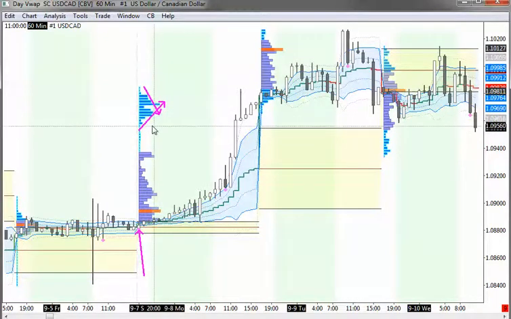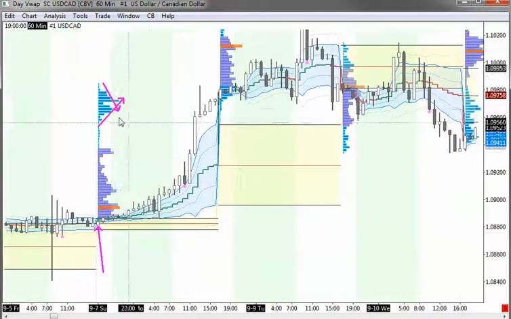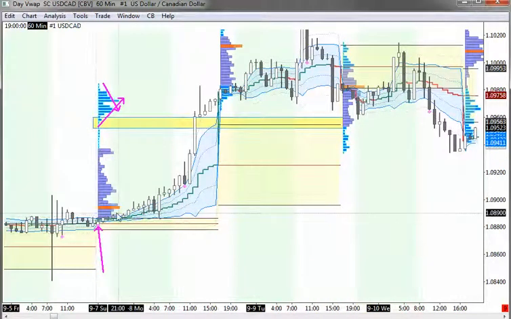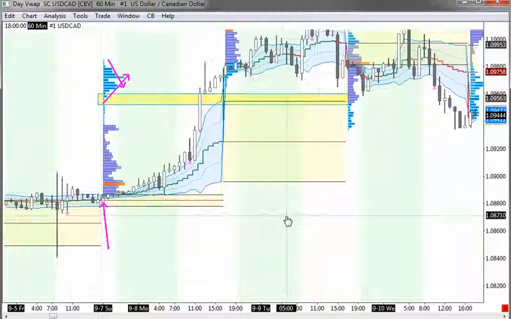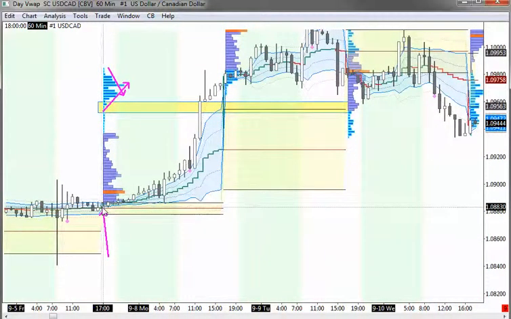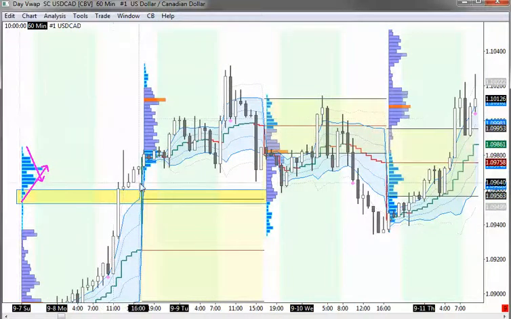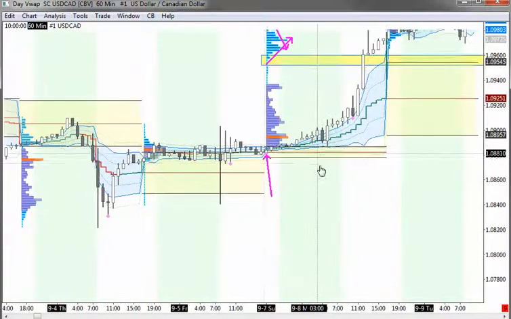And that new value area turned out to be, from the profile, the value aligned with the value area high from this day of initiative selling. Then there we open inside of a very, very narrow value area range, and we saw the rest of the initiative buying. From that, we opened above value, and from that, trading above value after this complete initiative day plus a very tight day on the Friday,